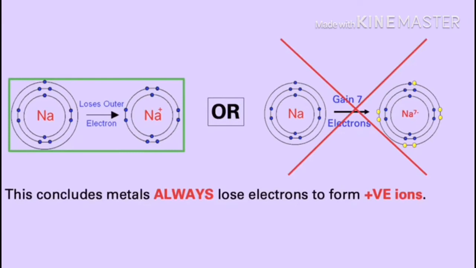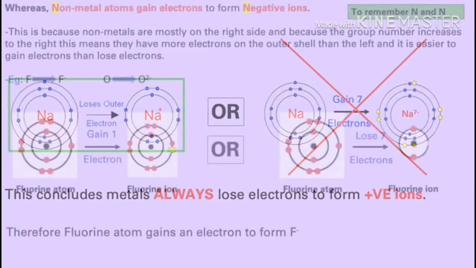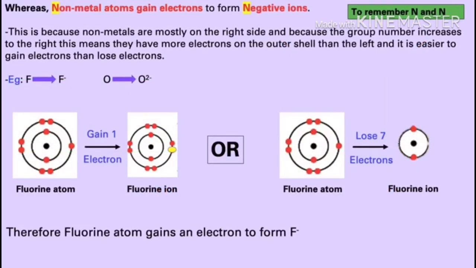This concludes that metals always lose electrons to form positive ions, whereas nonmetal atoms gain electrons to form negative ions. This is because nonmetals are mostly on the right-hand side, and because the group number increases to the right, this means they have more electrons on the outer shell than the left side, and it's easier to gain electrons than